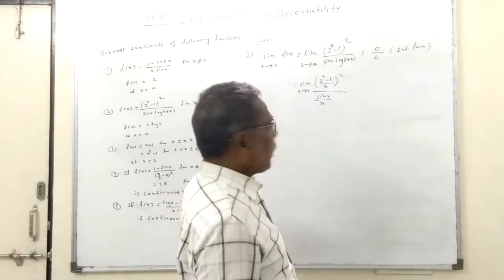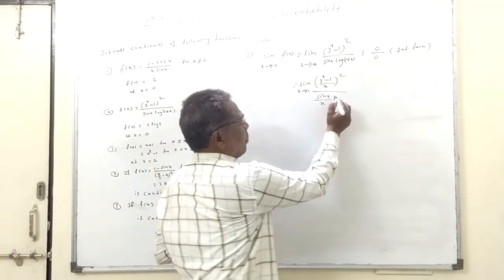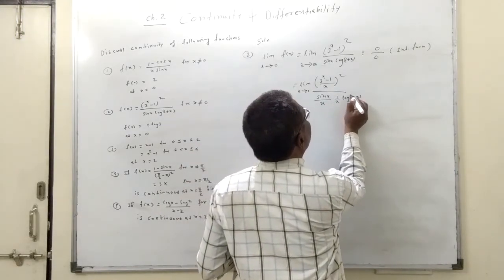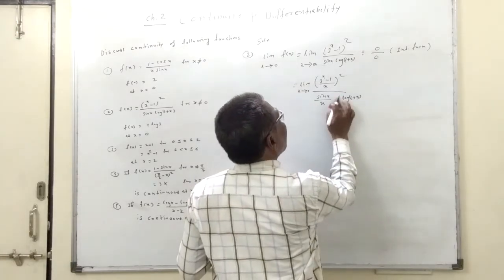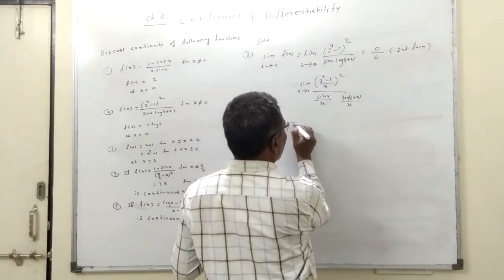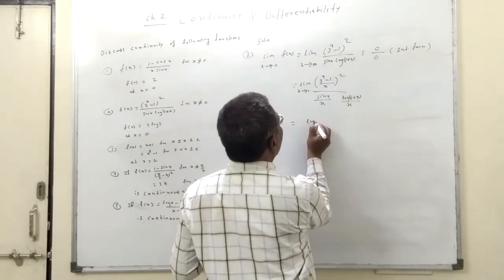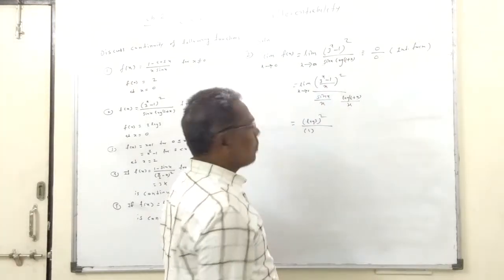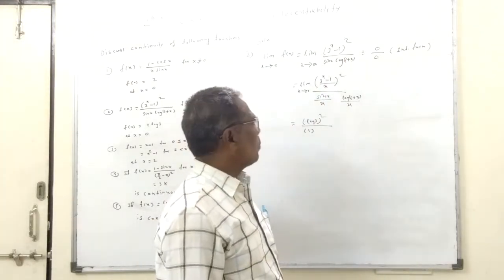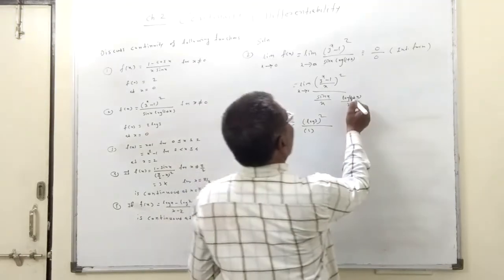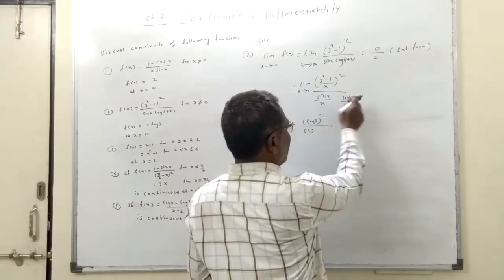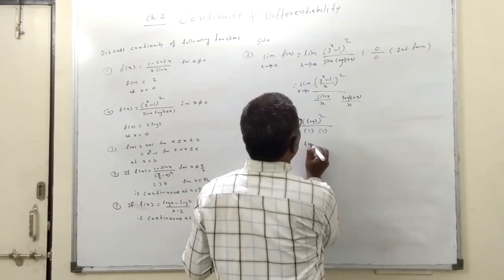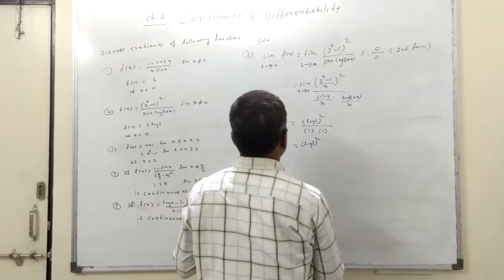By keeping the formula in mind, we will do the adjustment directly in the example. And 1 upon x log of 1 plus x, or directly you can write log(1 plus x) upon x. So that is equal to, now by the formula, (log 3) whole square, this value is 1. So you apply the theorem directly here: division of functions, division of limits, multiplication of functions. Now here limit x tends to 0, log(1 plus x) upon x, that value is 1. So that is equal to (log 3) whole square,